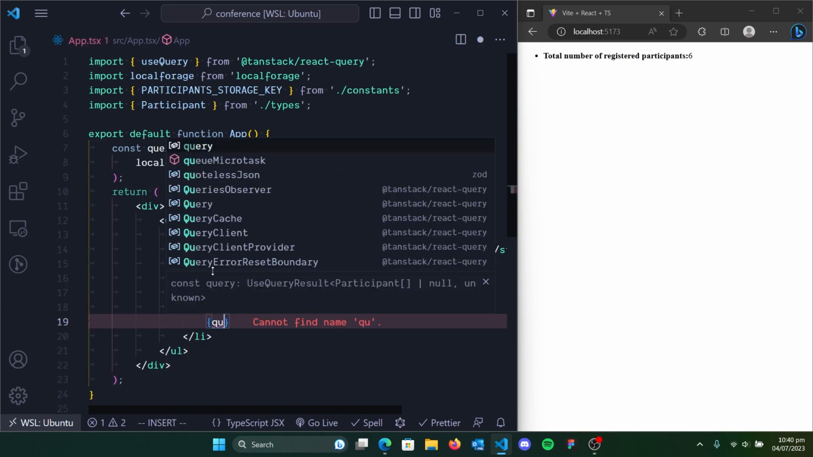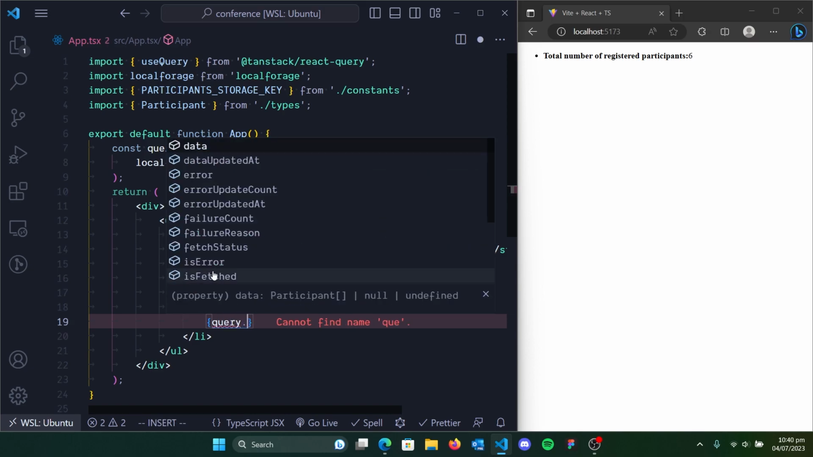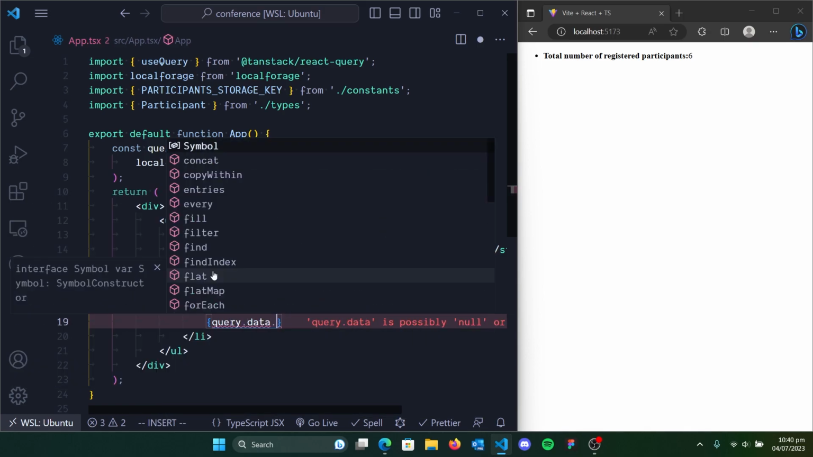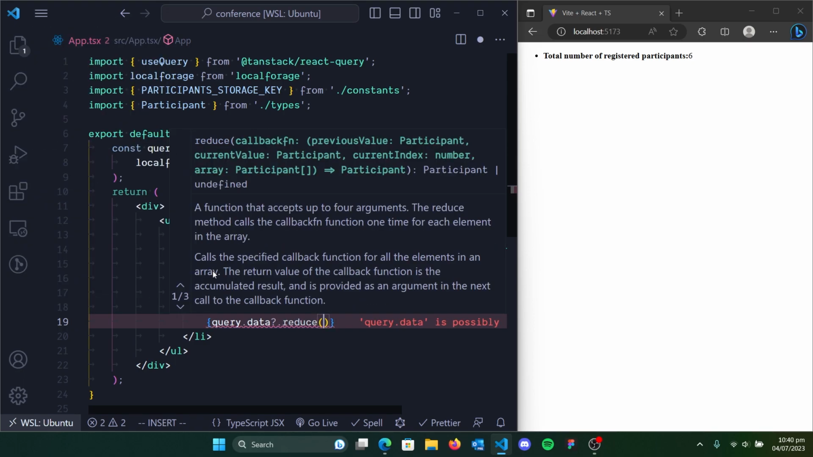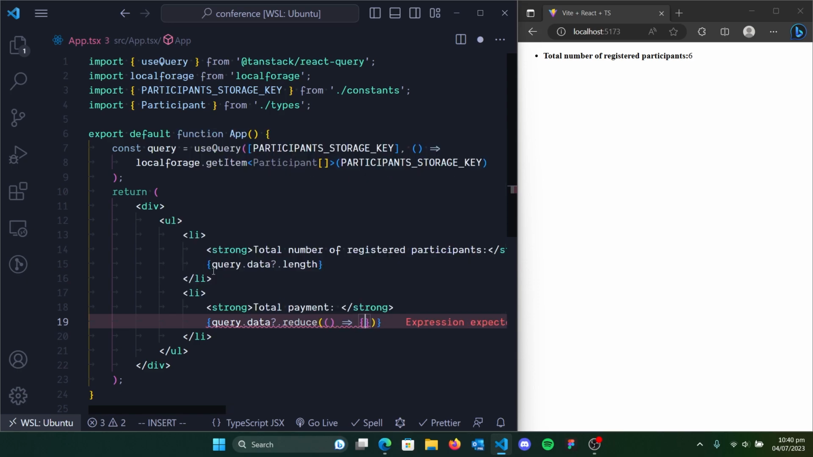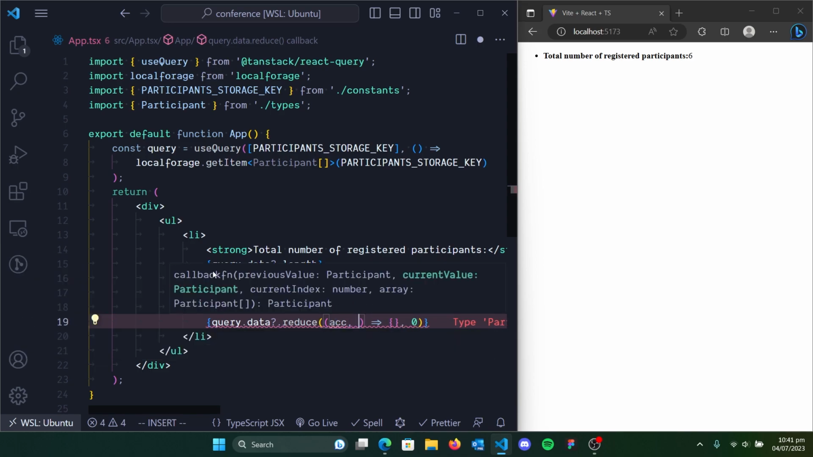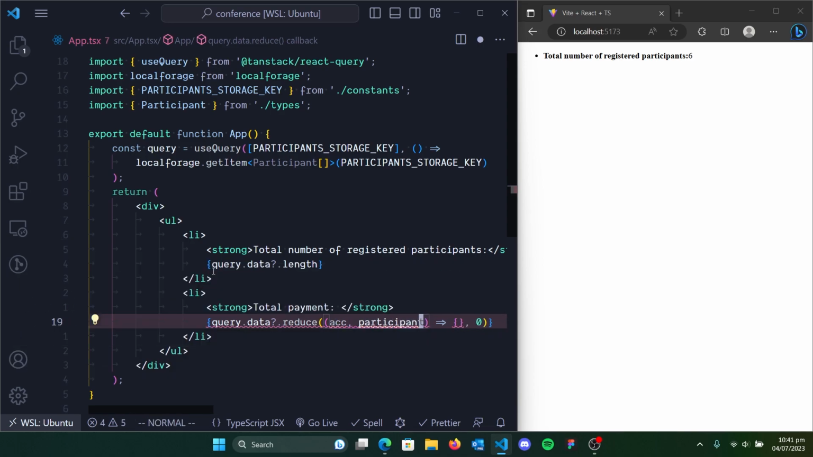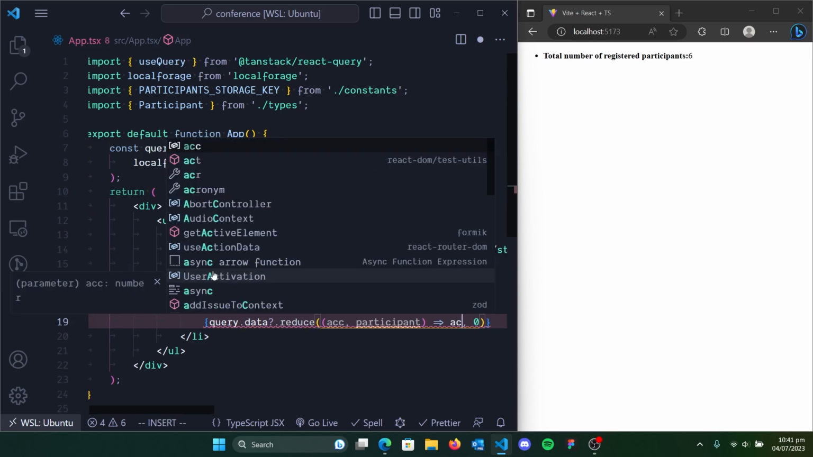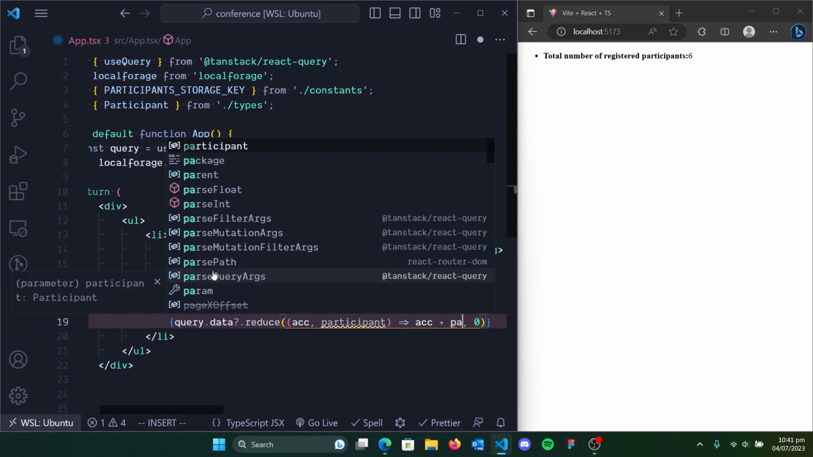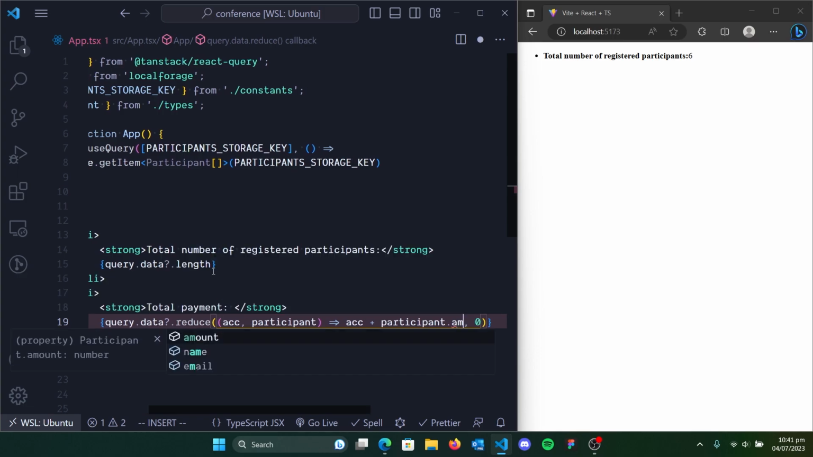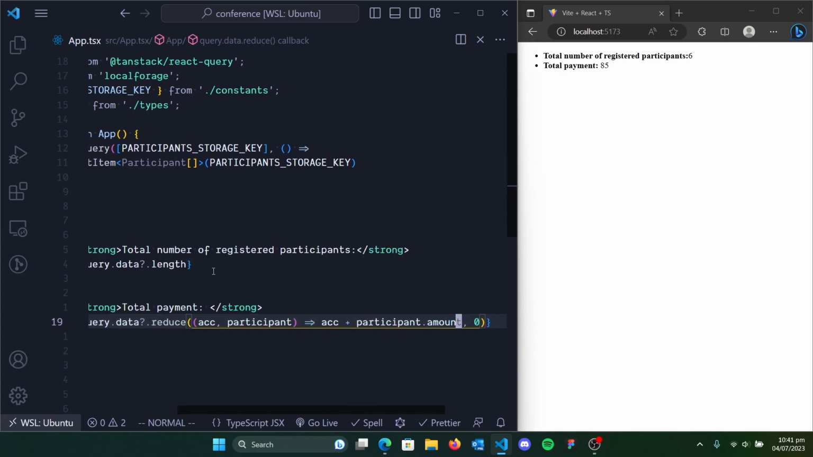Then this one will be the query. So you're going to look at the entire query, and use reduce since we are just adding all the totals. You're just going to reduce that to a total of 0. We have the accumulator and the participant here. So what we're going to do is simply accumulator add the participant.amount. And we have a total of 85